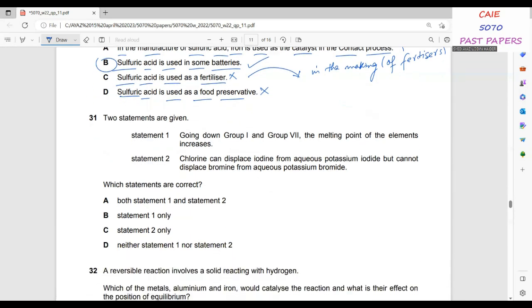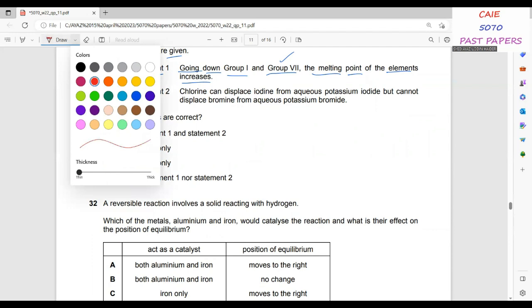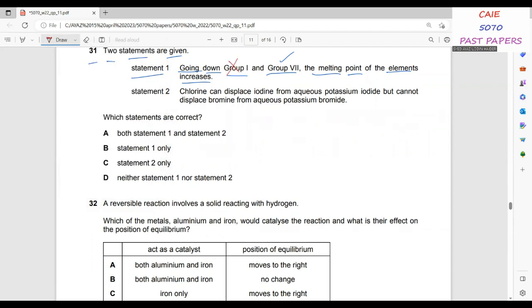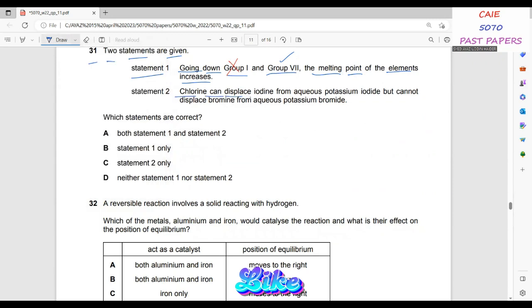31. Two statements are given. Statement 1: going down group 1 and group 7, the melting point of the elements increases. In the case of group 7, the melting point increases, but not for group 1. So this statement is wrong for group 1. Statement number 2,